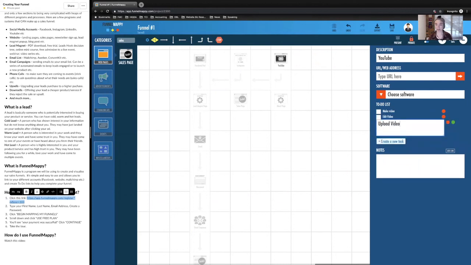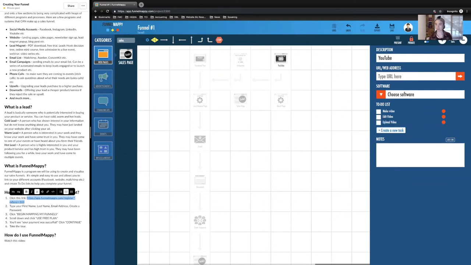Upload video. And once you've done it, you can tick it there. Oh, that was deleting it. When you've done it, you can just tick it there and you've done it. And here you can put some notes in, on whatever you want.